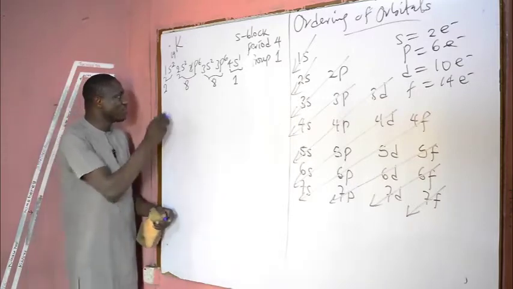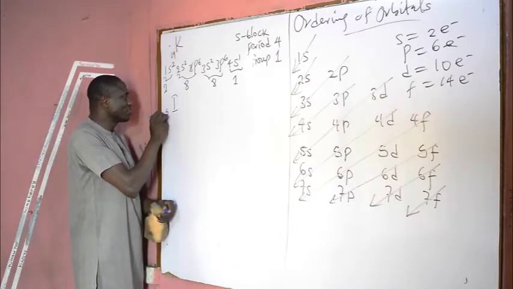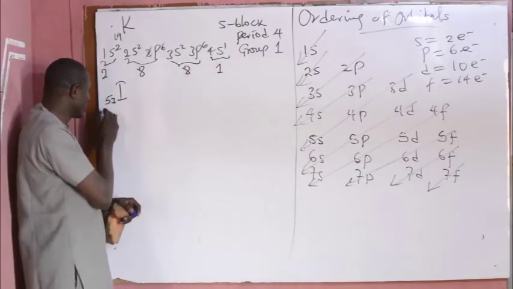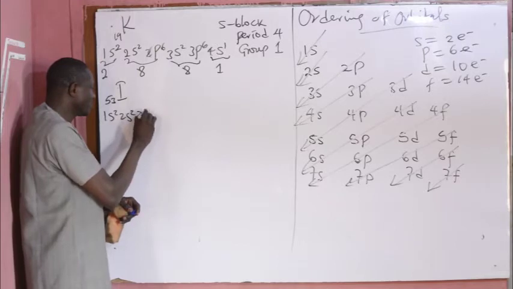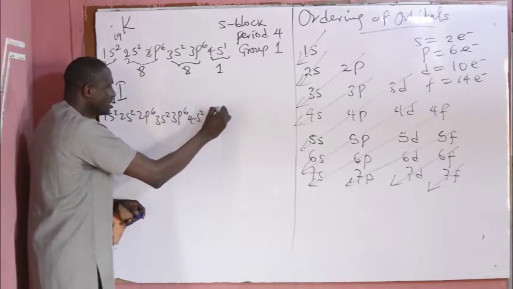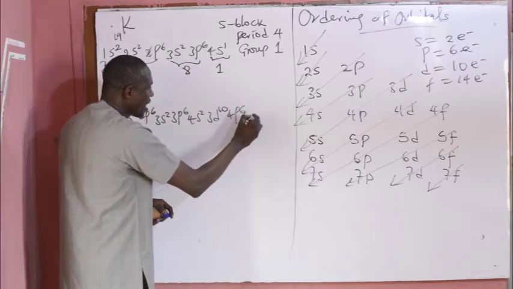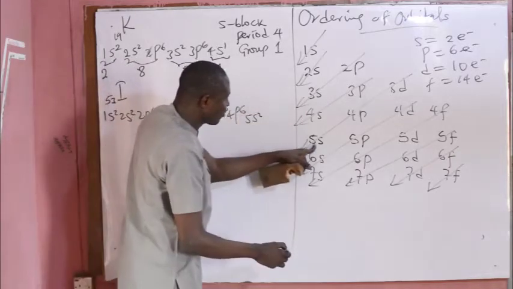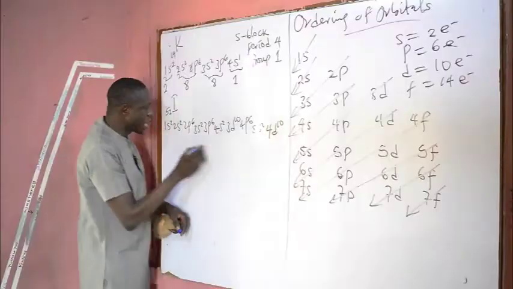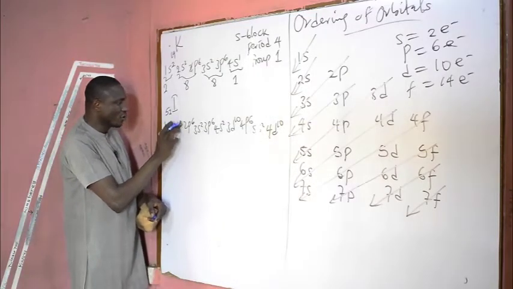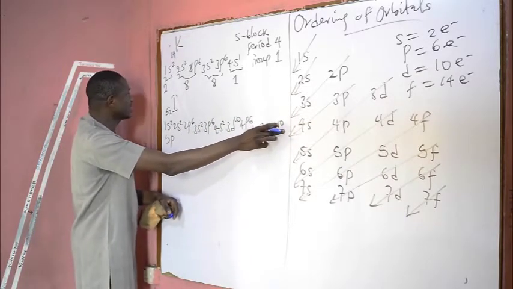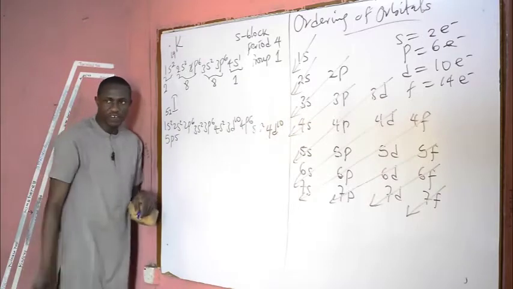Let's look at the situation whereby you have iodine with atomic number 53. How will you write the electronic configuration? Follow the order: 1s2, 2s2, 2p6, 3s2, 3p6, 4s2, 3d10, 4p6, 5s2. After 4p, 5s, then 4d10, then 5p what? 2, 4, 10, 12, 18, 20, 30, 36, 38, 48, remaining 5, so 5p5.